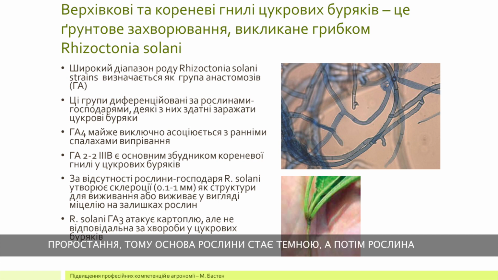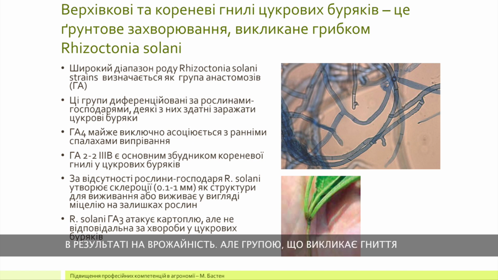So the base of the plant becomes dark, and then the plant in a way wilts and dies off. So that's what we call damping off. And of course, this affects the crop stand and also yield finally. But